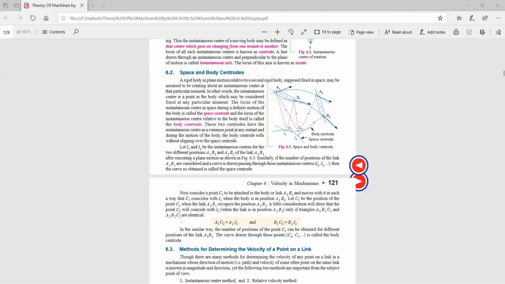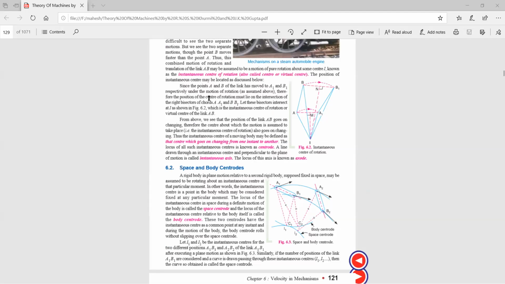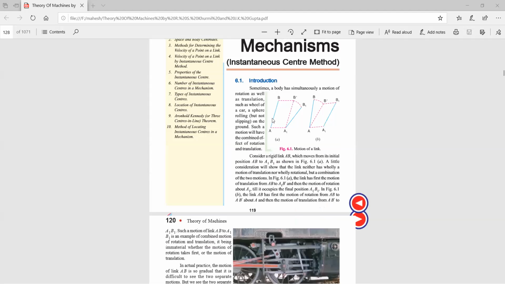Yes, so let us start. Now you can see we have already discussed that initially the translation and rotation will take place. Then next will be the rotational and translational effect. This effect will be very fast, so we couldn't make out what the effect or the motion actually is.